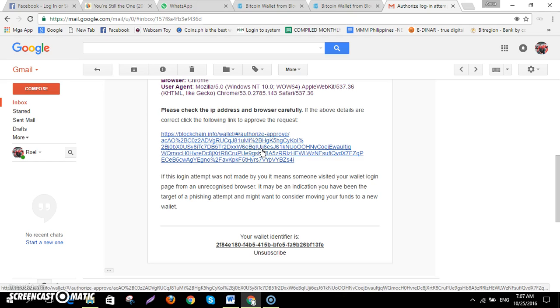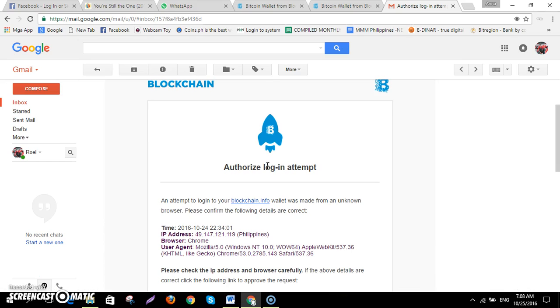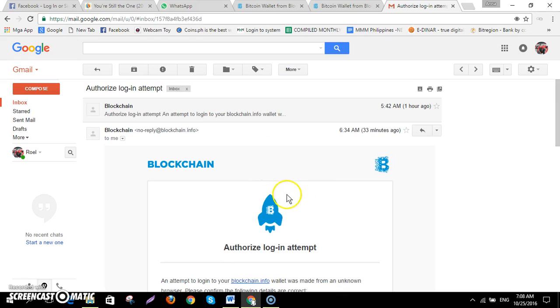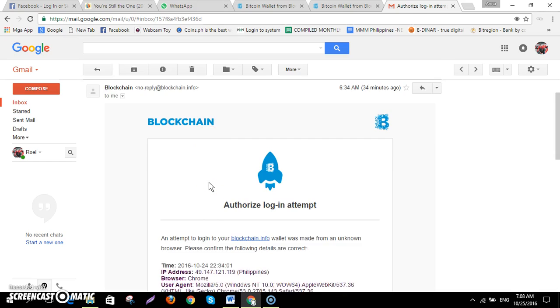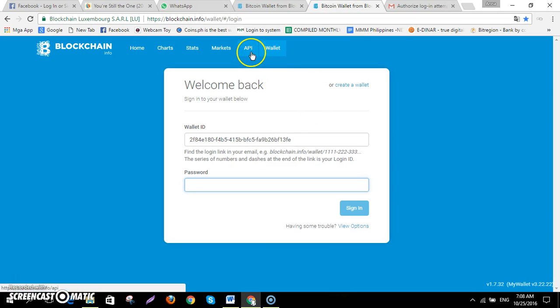Why do I use this kind of security measure for my blockchain wallet? Just to avoid hackers or attackers in our wallet. This is really necessary for us to protect our own money, because blockchain, as we all know, is an international wallet, but it is also open source. Anybody can hack, it might be hacked if you display your information to the public. So to avoid hackers, you must confirm your emails and do the authentication of your own account.